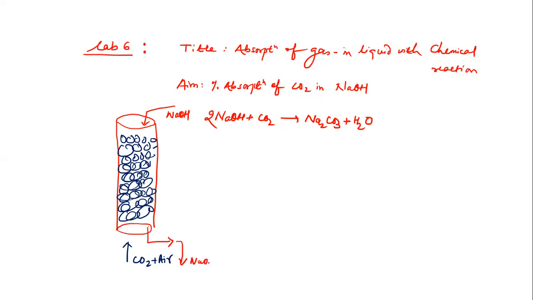Because part of NaOH is used to absorb CO2. So how do you do it? You titrate this with HCl. Take one normal HCl and find out how much is the NaOH concentration,